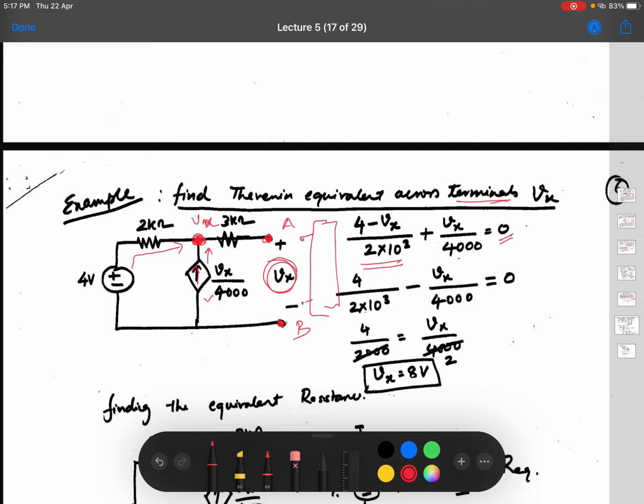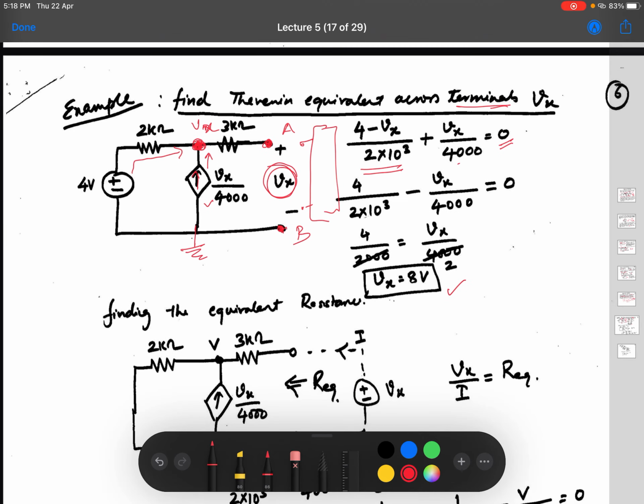That is only one node, and we are taking the bottom as the reference node. For that node we calculate the value of Vx using this equation, and you can find Vx equal to 8 volts. That is what the V Thevenin voltage is. Though the circuit has a dependent source, it can be represented by a very specific, straightforward voltage. That may not be possible all the time, but anyway, here Vth equals 8 volts.